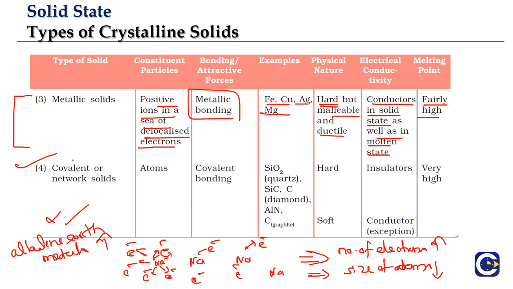The fourth type of solids is the covalent or polymer network solids. So what are covalent or polymer network solids? Here we do not have any particles. The entire solid itself is like a network of atoms where we have covalent bonding between these atoms. It is not like we have SiO2 molecules and silicon carbide molecules or something like that. We have the entire solid to be in the form of a polymer network.